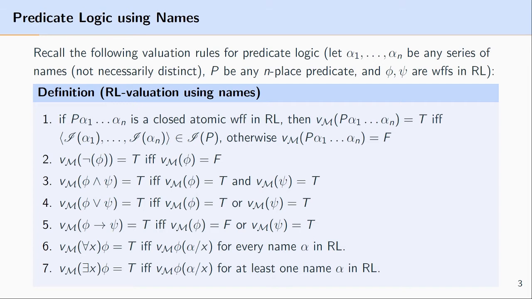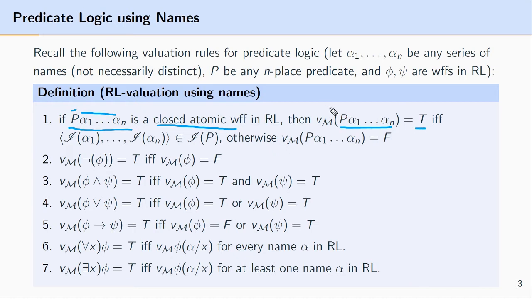Given that these are some symbols that we'll make use of here, we can define a valuation function, which again is an assignment of truth values to the well-formed formulas. So if we have P followed by a number of names, that is, if P is an n-place predicate and it's followed by n names, and this is a closed atomic well-formed formula, that is, it's a formula without any free variables, it just is followed by names, then we can say that this particular formula, this closed atomic formula,